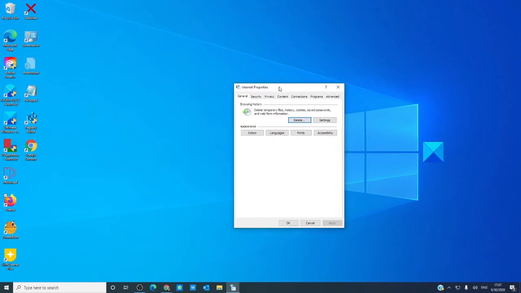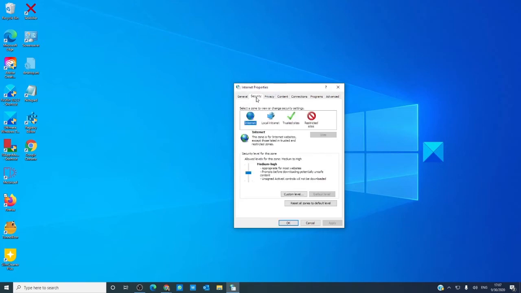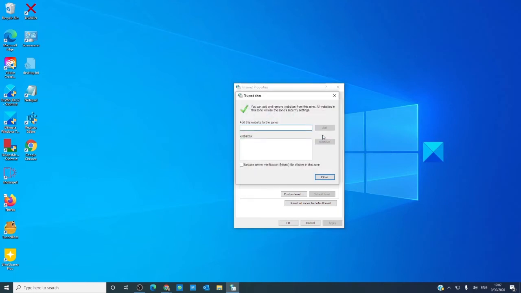You can add the website in question to the trusted sites. Type in Internet Options, then go to the Security tab. On Trusted Sites, go to Sites. Unclick Require Server Verification for all sites of this zone. Add the site you're after to the zone. Click Add,